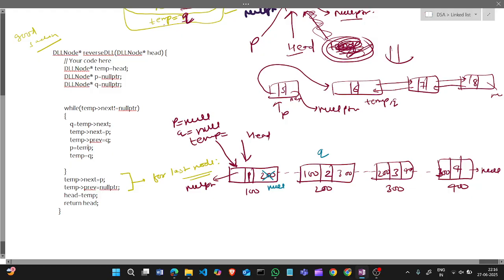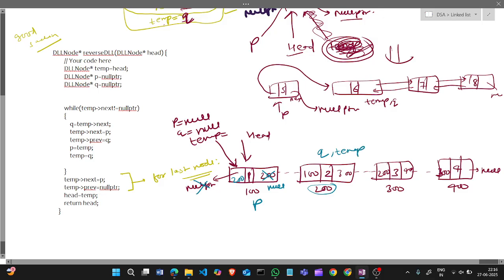Now temp previous, we will make q, that is 200. Then we will make p as temp, so here is p now, and temp as q, so temp is incremented to this.